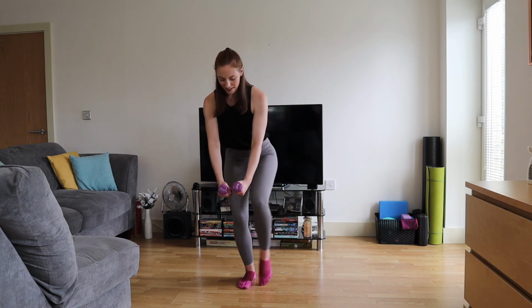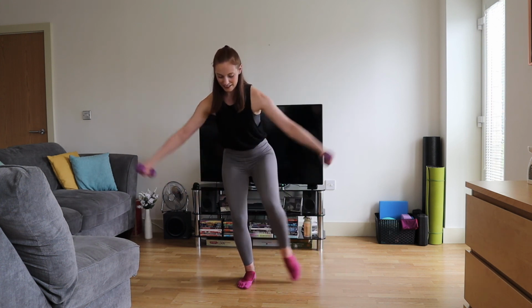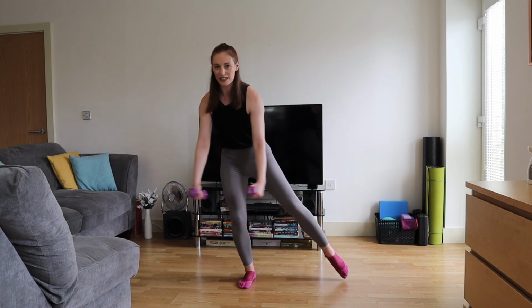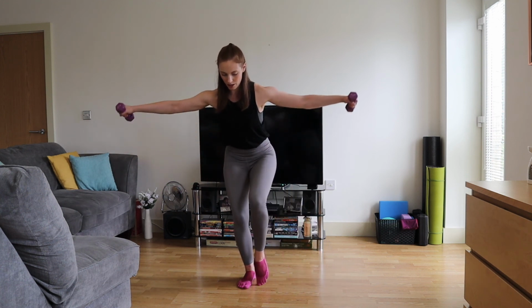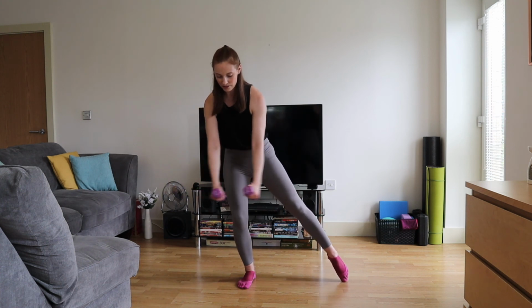Let's add the fly. So we open and in. Open. How's the spine doing? Are you supporting your lower back or are you loading it? We want to support it. We don't want to feel any compression right now. Now we stay out, just the fly. And 3,